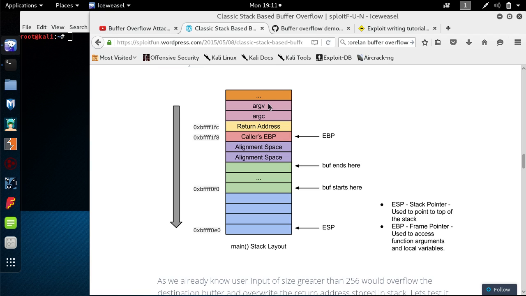We have argv, which is the arguments being passed into the function. argc, which is the count, an int value, of the number of arguments. The return address, in other words, where the function should go next after it's done running. The caller's EBP, also known as the frame pointer, which is basically saying, now that we returned, where to go back to. A little bit of alignment space because, again, we're dealing with a 32-bit processor or a 64-bit processor,